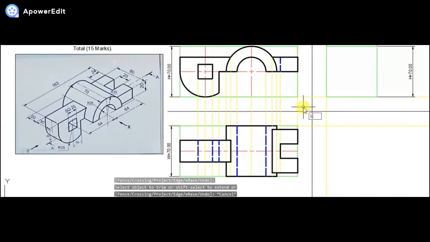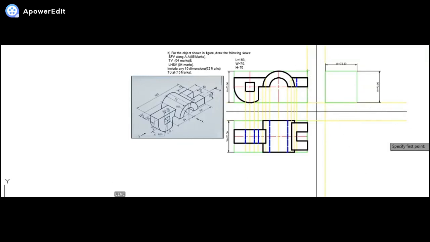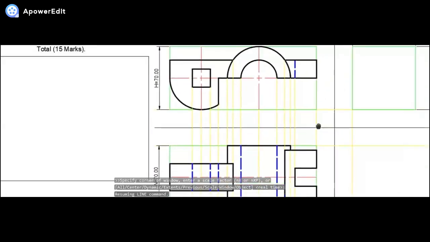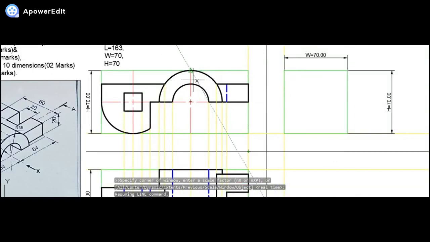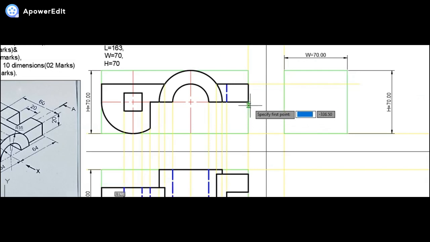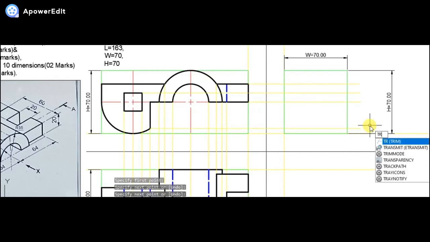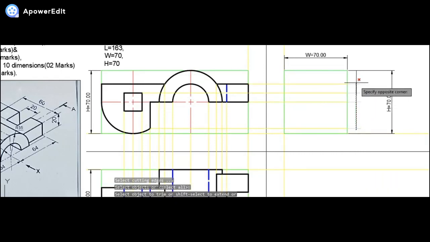Let us go for the side view now, the LHS view. Just before drawing the LHS view, let's get all the projections from the front view for the side view. One by one we'll be taking them. It's coinciding, no need to take it again. This is the one which is required to be taken. Even this is the one which is required to be taken like this. Once we are done, I will trim out the entire area like this.